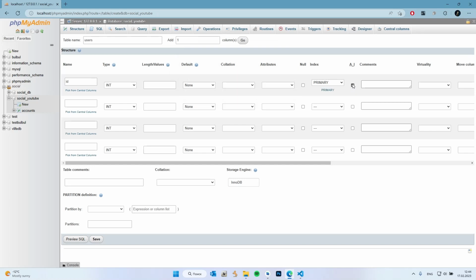And we have to uncheck auto increment. No, we have to check it. Yes. As I said, I don't quite remember in which episode, I think that was in the second episode, that we'll have two tables related to users' data. The first of which is